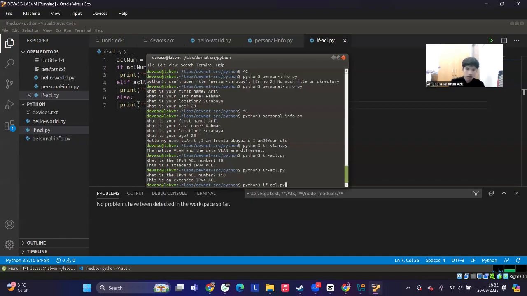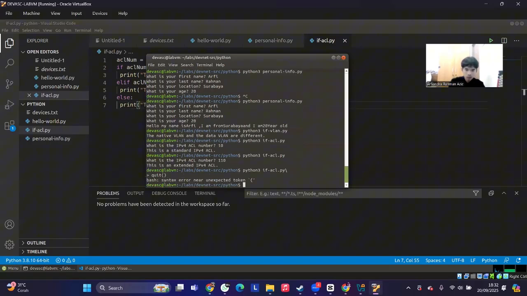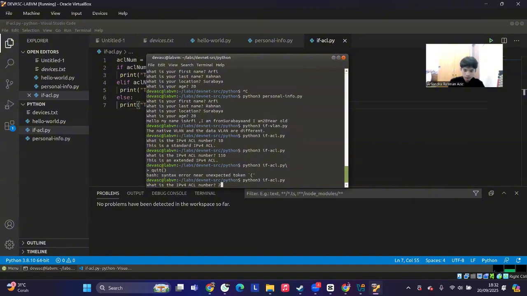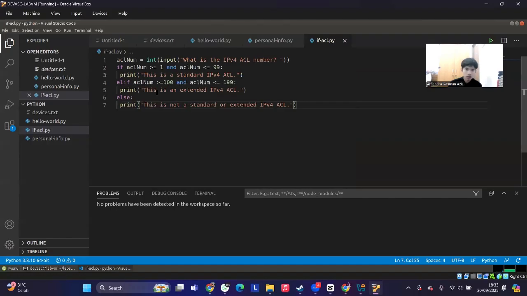Or if I run it with 200, it will say this is not a standard IPv4 ACL, because of the else from the second one.